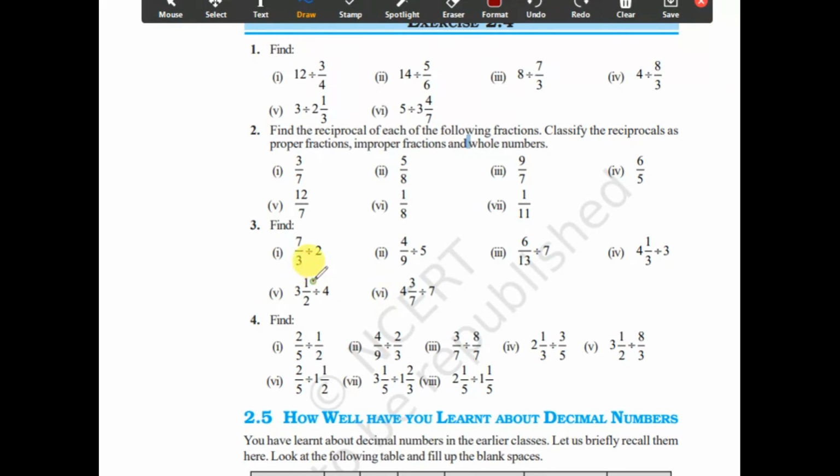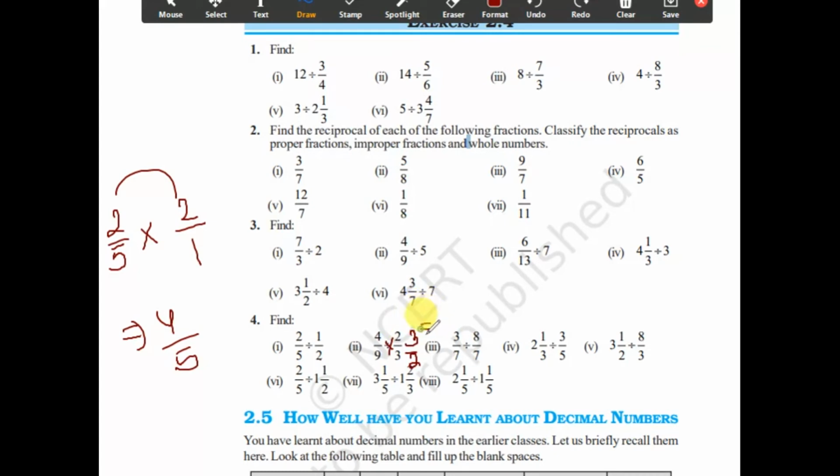Fourth one I am telling you. So first, whenever you see the mixed fraction, always keep in mind that you have to first convert it into improper fraction, then only you have to solve it. And there is a whole number, so write 1 as a denominator, then you can solve it easily. Okay, now fourth one, 2 by 5 divided by 1 by 2. So division will change to multiplication, and 1 by 2 reciprocal is 2 by 1. So here you see 2 2s are 4, 5 1s are 5, easy.